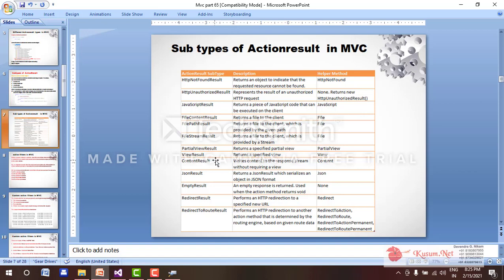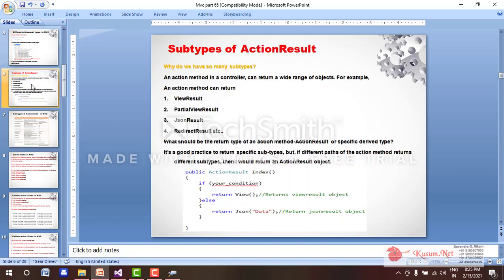For view result, you use the view helper method. For JSON result, you use the JSON method, like that. And if you don't want to use a specific helper method, then just use action result, no problem. If you want partial view result, no problem, action result works for all.